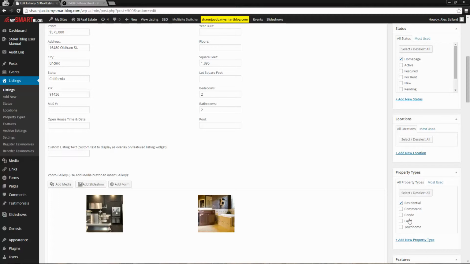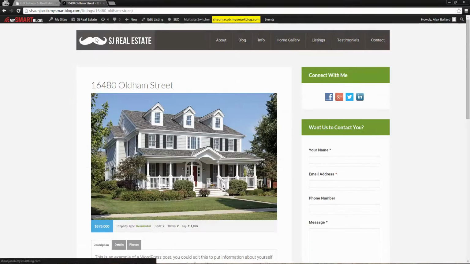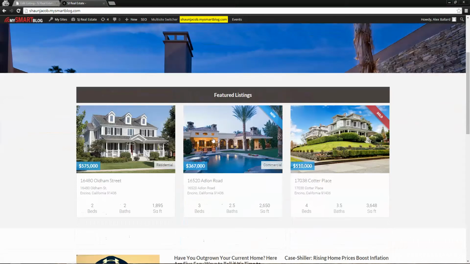The most important one here on the side is this status one. You'll see the box that we have checked right now is homepage. So if the homepage box is checked, if we go back to the homepage, that determines which 3 are going to show up under your featured listings. You can have many more than 3 listings on the site, but checking that homepage box determines which 3 show